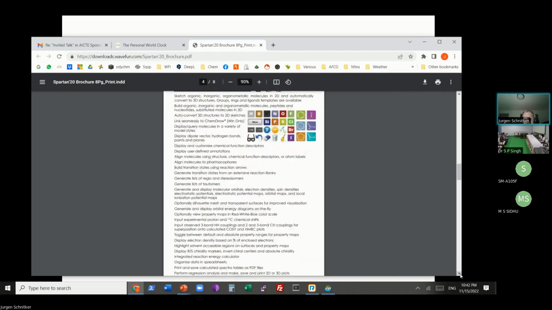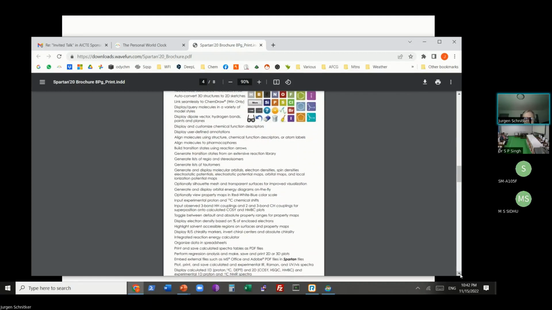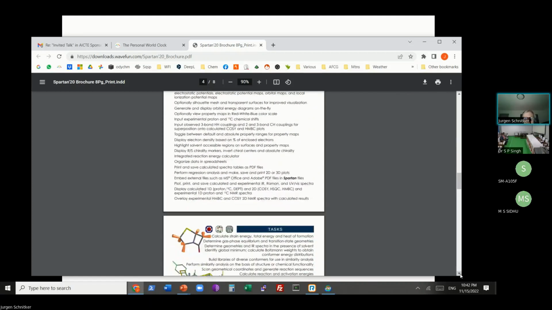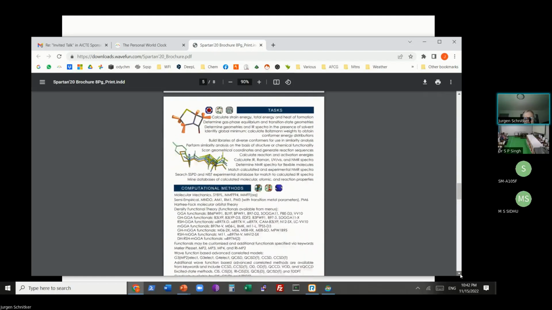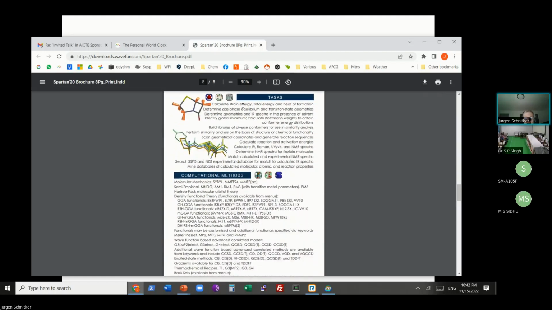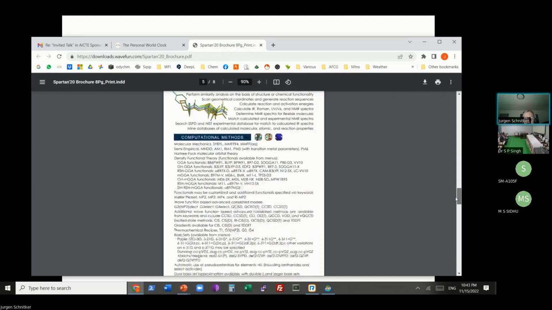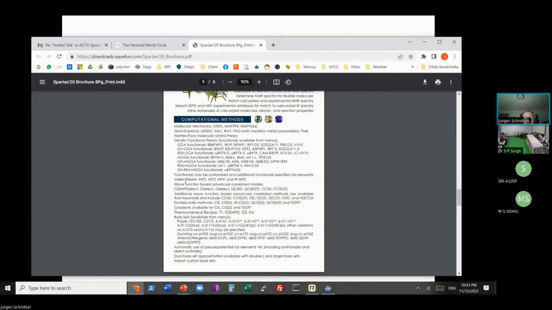The user interface represents 30 years of work, probably 100 man years or more, hundreds of man years that went into that. Different tasks that the program can do: calculate heats of formation, gas phase equilibrium and transition state geometries, activation energies for chemical processes, computational methods.